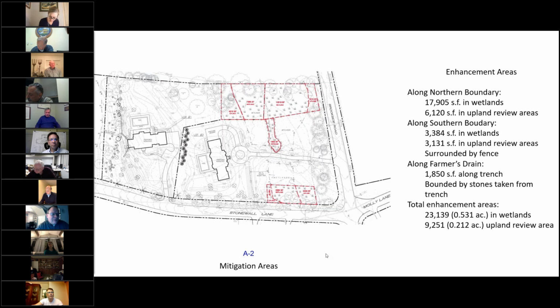My overall conclusion was that because of the elevation difference between this property and the properties to the north, this was not the cause of flooding on the properties to the north, but there were some opportunities for improvement for this particular property, and also for wetland enhancement. And my recommendation was to remove the farmer's drain, and I'm glad to see that has taken place. So that first comment that I wanted to bring to the commission's attention, I think has been addressed,